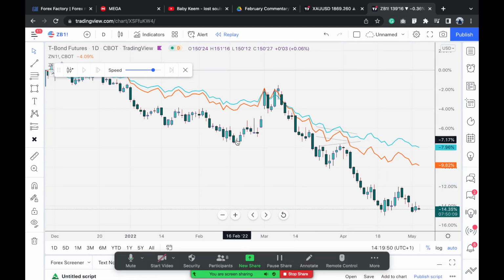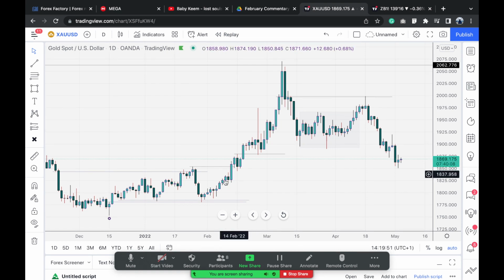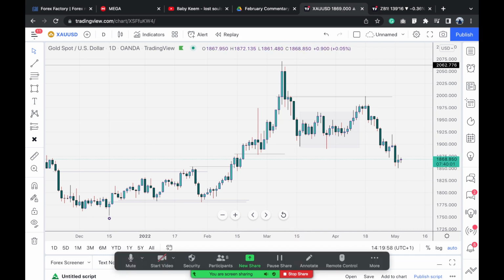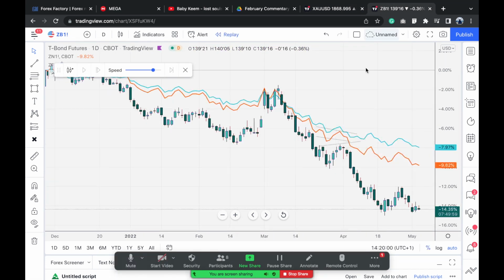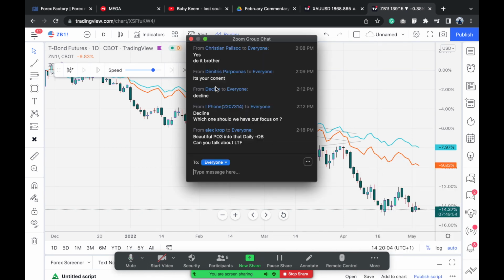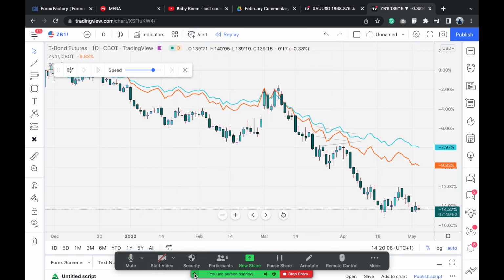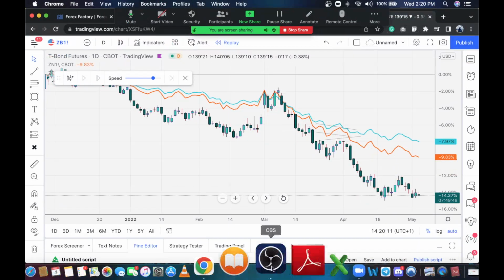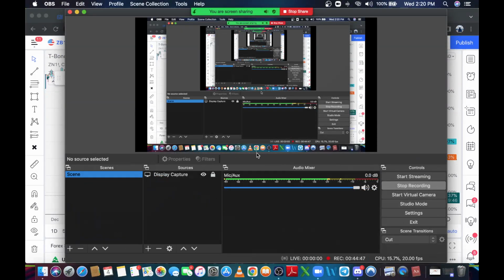Does this make sense? All right, so this will conclude today's session. Can I talk about lower time frame analysis? It's just the same thing. We'll do lower time frame analysis another time because I'm looking at the time of the session. I don't want to get to an hour, so we're going to have to